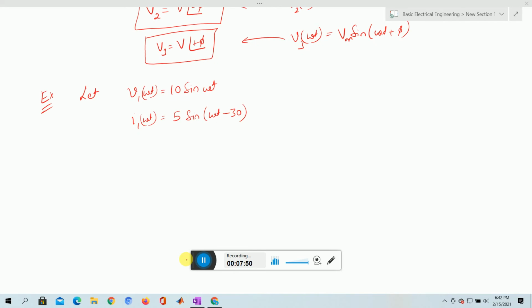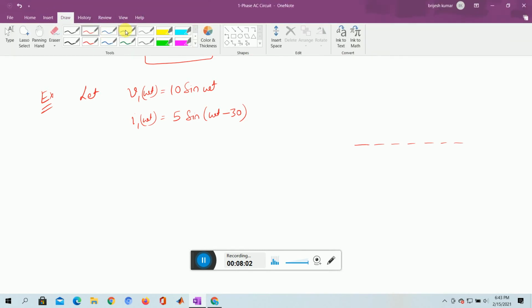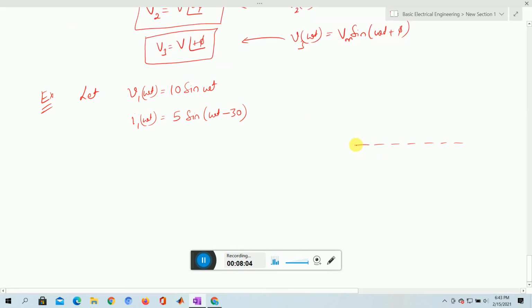So now let us take an example where the value of V1 is 10 sin omega t. Since we have omega t, we can show it on a reference axis, and we represent it, let me change the color, so that we can represent V1 on the x-axis as a reference, and we write it as V1 here. The magnitude is 10, so we can write 10 by root 2 as the magnitude. We can write it like this, or better not to write it in a phasor diagram so that it stays very clean. So we can represent here 0 angle and this is a vector V.